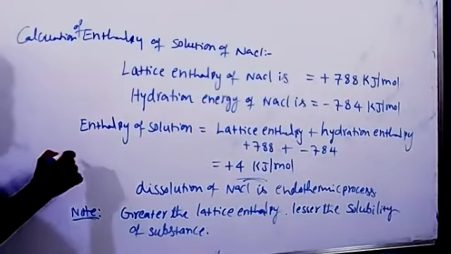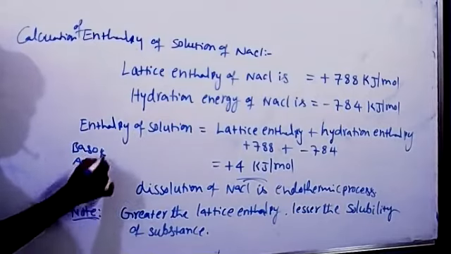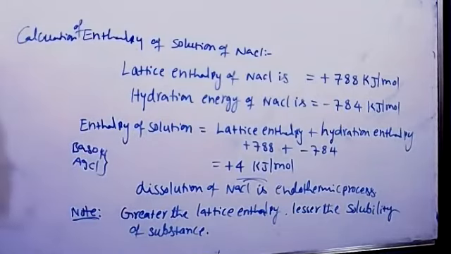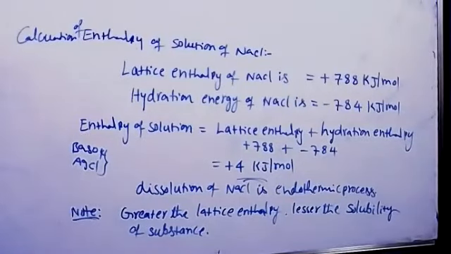Suppose you take barium sulfate and silver chloride. These are mostly in precipitation form only. They have greater lattice enthalpy and lower hydration energy, which is why we call them sparingly soluble salts. Not only these, some fluoride salts are also not easily soluble because they have greater lattice enthalpy. This kind of question comes in P block and S block elements, where we need to give the order of which is more soluble and which is less soluble. That solubility depends upon lattice enthalpy.